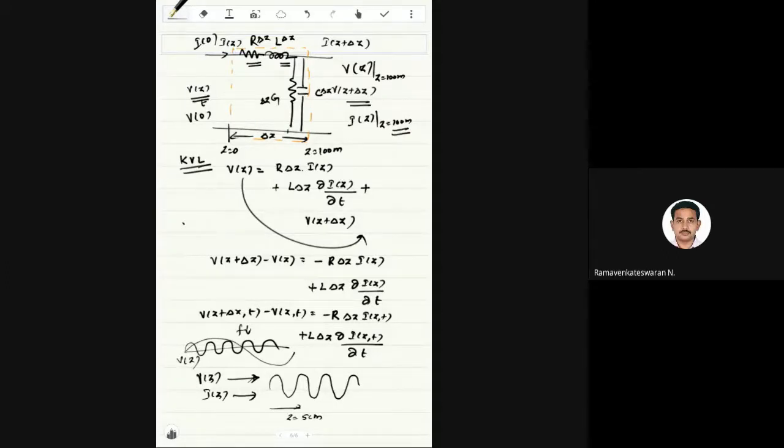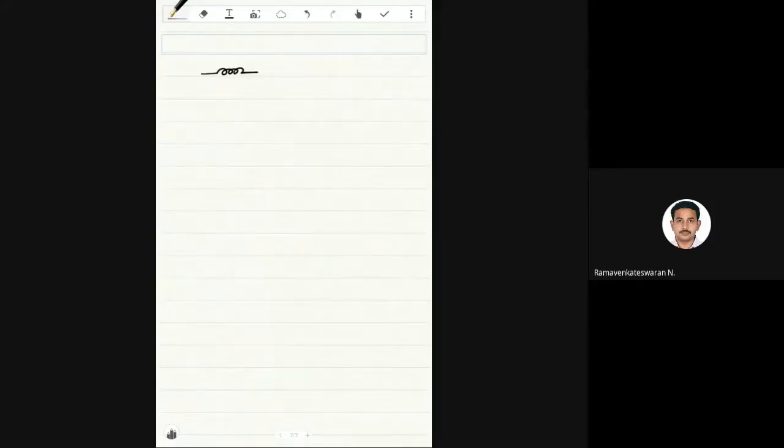Similarly, all the components we relate with that del Z. If I break the total section into small sections, say 1 centimeter, then what is the value of R for 1 centimeter? This is the brief idea about the lumped model. Maybe I'll rewrite it, because I have written a lot on one page. You might have thought about a lot of things, but actually it is very straightforward.